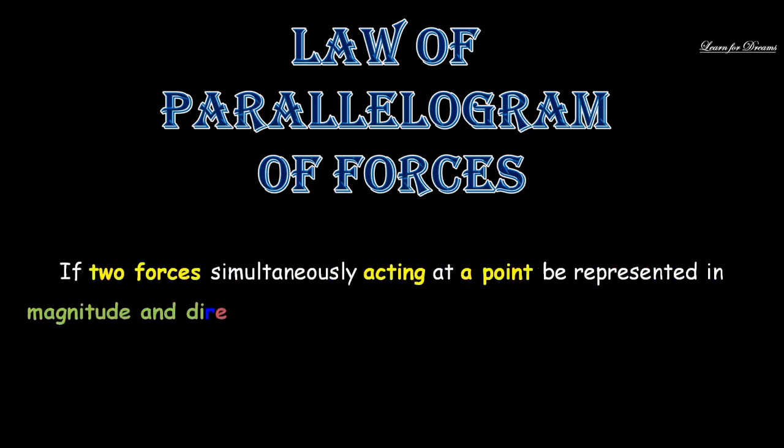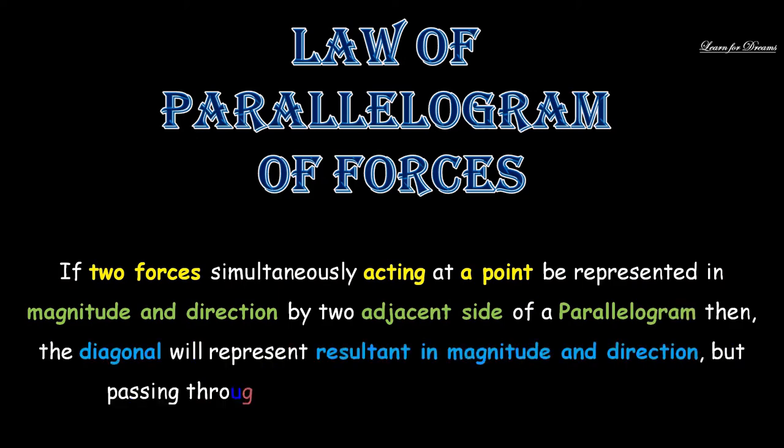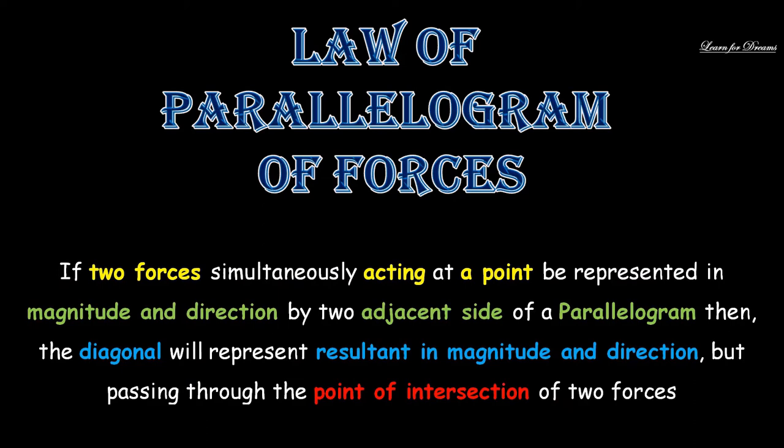Now I request that you do not miss even a second of the video ahead. Otherwise, it will become very difficult for you to understand the concept. Okay? Let's see the statement. If two forces simultaneously acting at a point be represented in magnitude and direction by two adjacent sides of a parallelogram, then the diagonal will represent the resultant in magnitude and direction, but passing through the point of intersection of the two